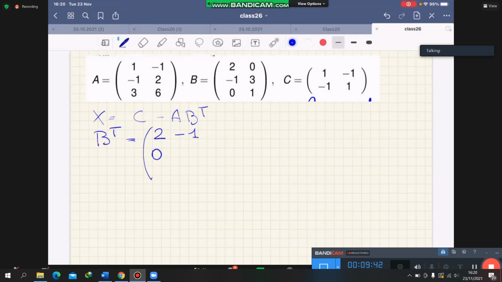Then A22 of B stays A22 of B^T. So here it's 3. Then